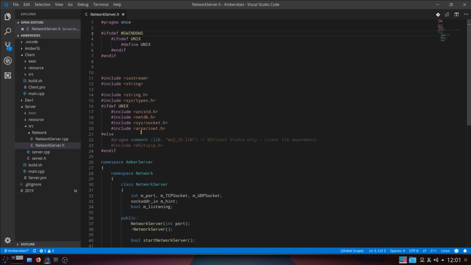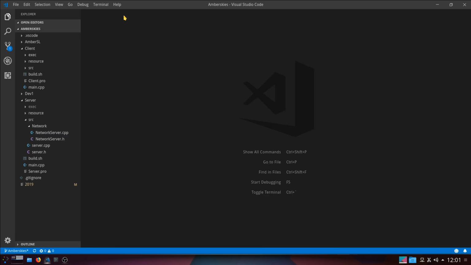Firstly, I'm programming in C. Secondly, I've got hash defines all over the place. And it doesn't work. Well, not for me. That does make it cross-platform, by the way, using all those hash defines, and you will have them literally all over the place. Now, let's drop the server and the client, and let's go back into development, and you'll see that I have been doing a little bit of work.